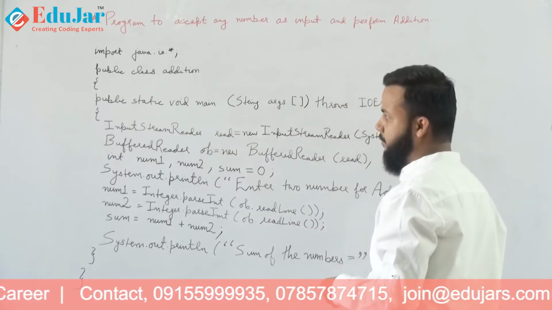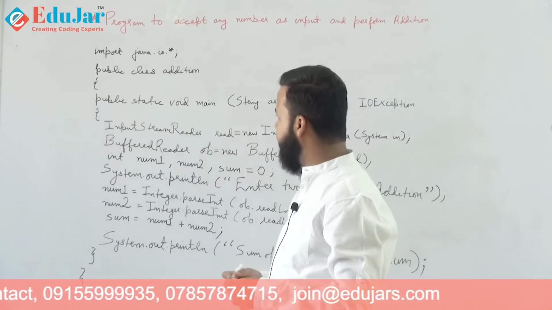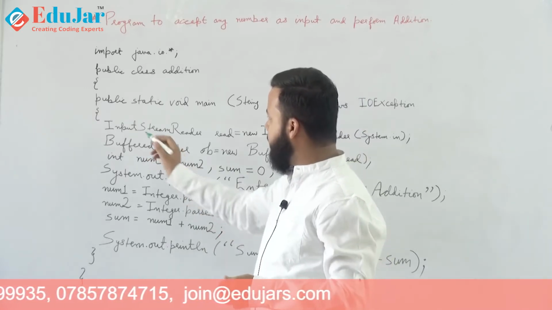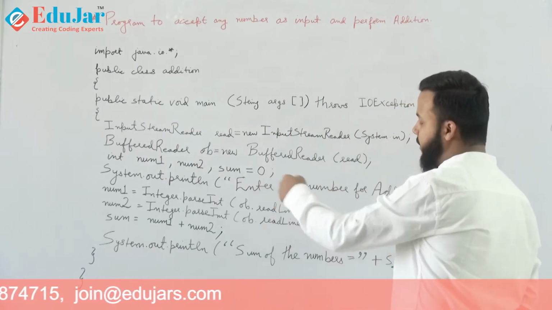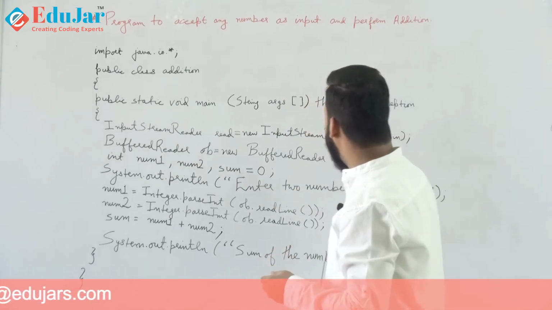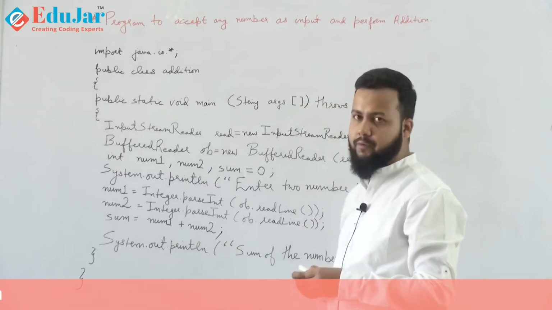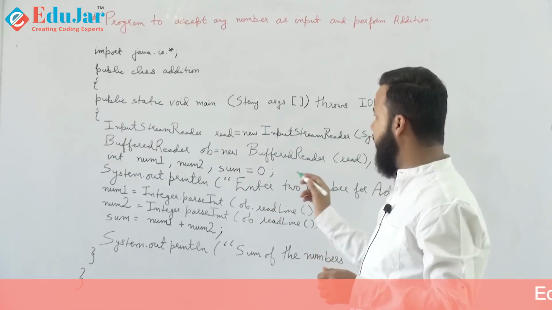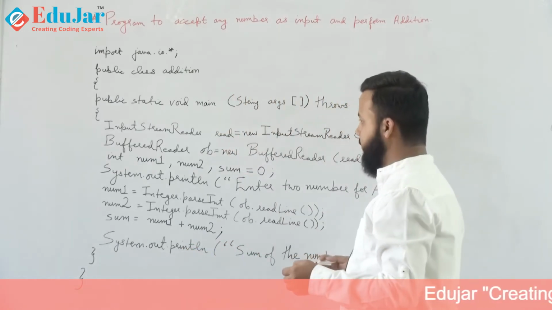We have initialized the program with the public access modifier, and here you can see I have used InputStreamReader read = new InputStreamReader(System.in), BufferedReader ob = new BufferedReader(read). This is compulsory, and throws IOException over here. This part is compulsory as we want input to be entered by the user. So this part, the BufferedReader part, is compulsory. Now let's come to the program.